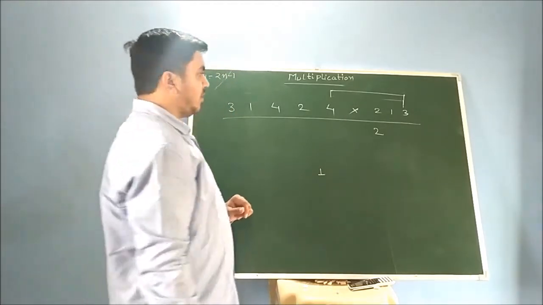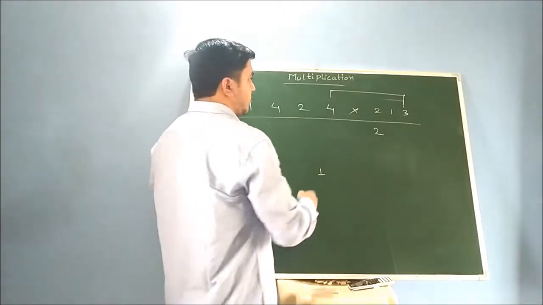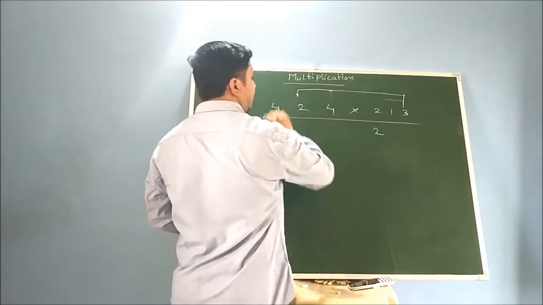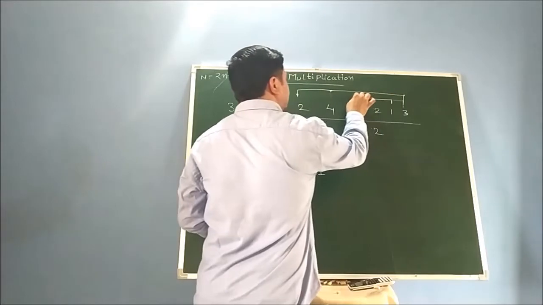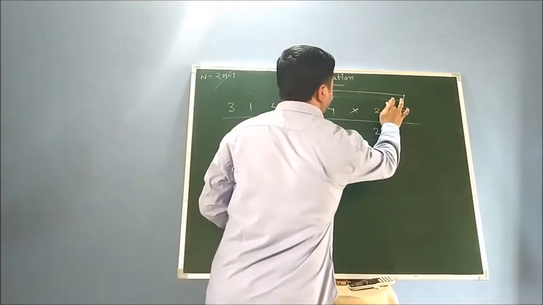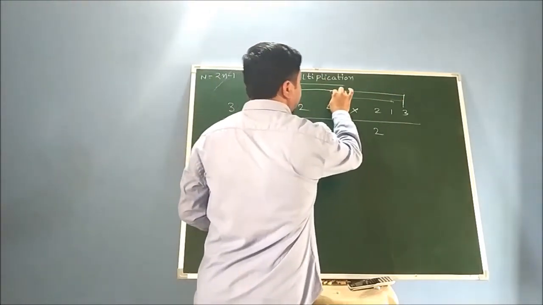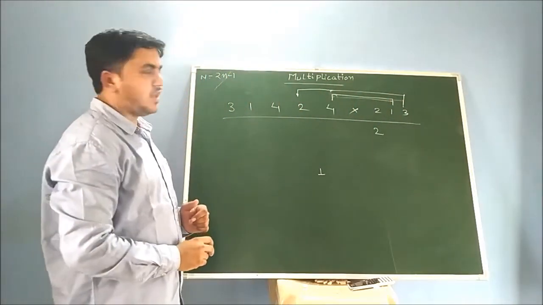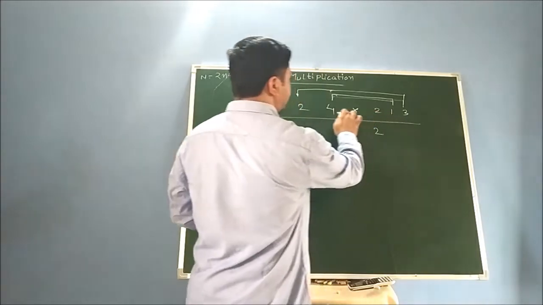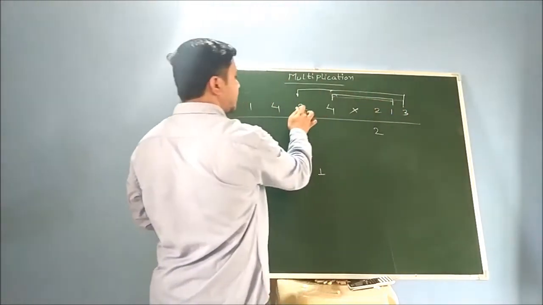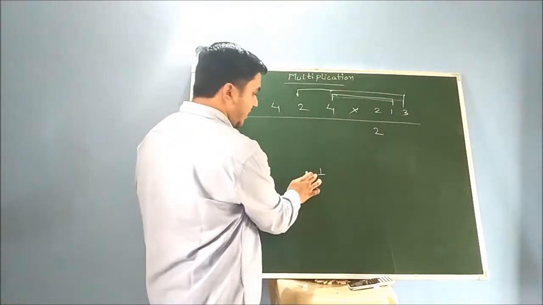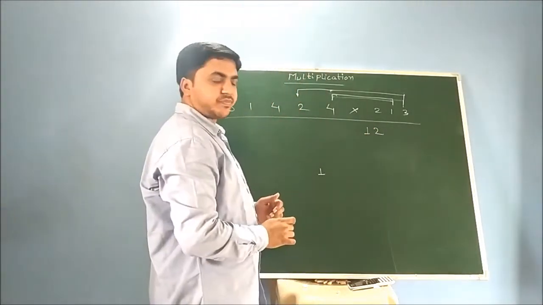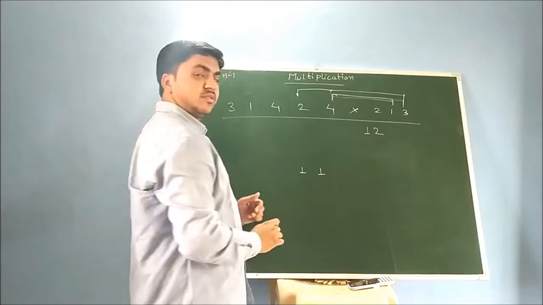Okay. Now in the second step you have to increase your arc and move to the next number here, and you have to include your second number also. So this is the second number, you have included it. So this second number will be multiplied with the first number. Okay. So this 1 into 4 and 3 into 2, that is 6 plus 4 is 10 plus this 1 is 11, that is 1. Okay. Again the balance is 1.